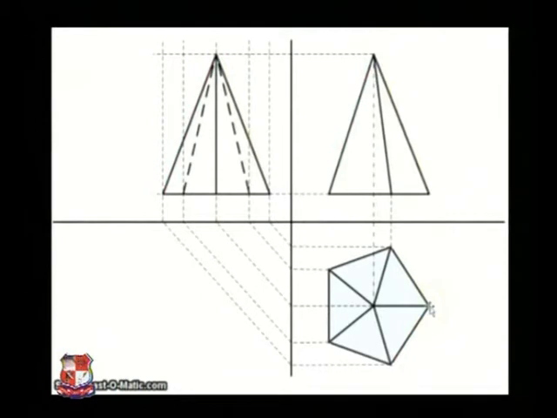Another edge you will be able to see is this one, shown here, and this is the center here, so that will help you to draw this front view. And the third edge you will be able to see is this one where the mouse is, so you will draw this third edge here. Okay, so that's how you draw the front view.